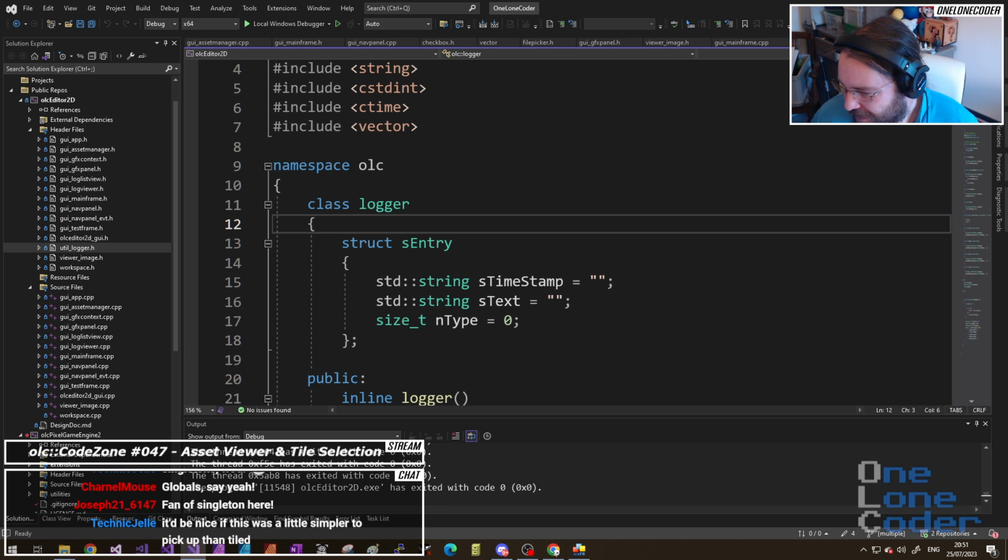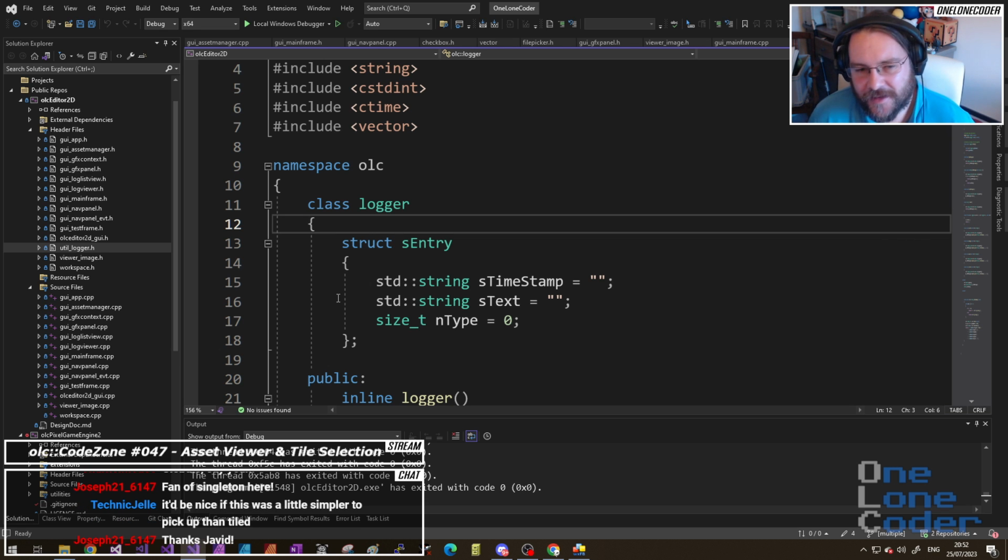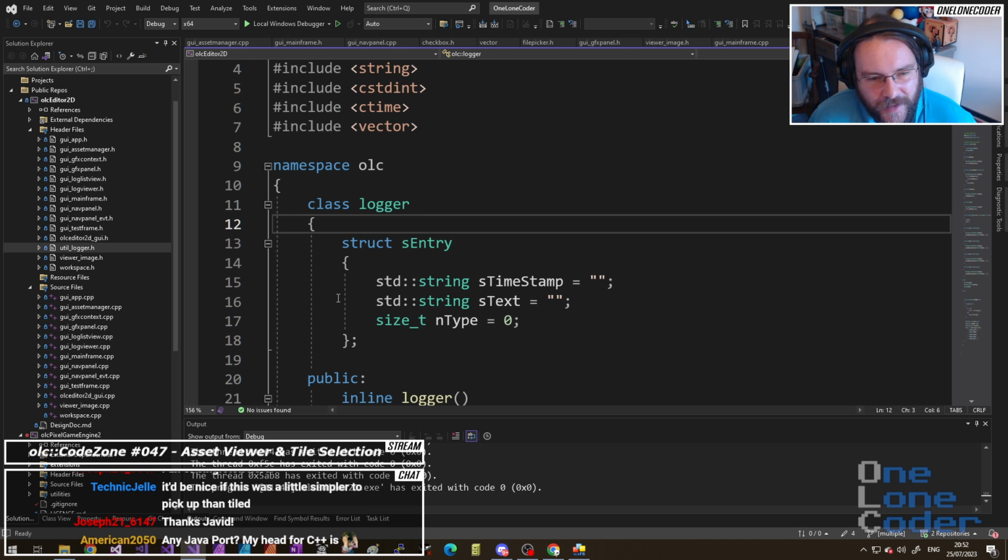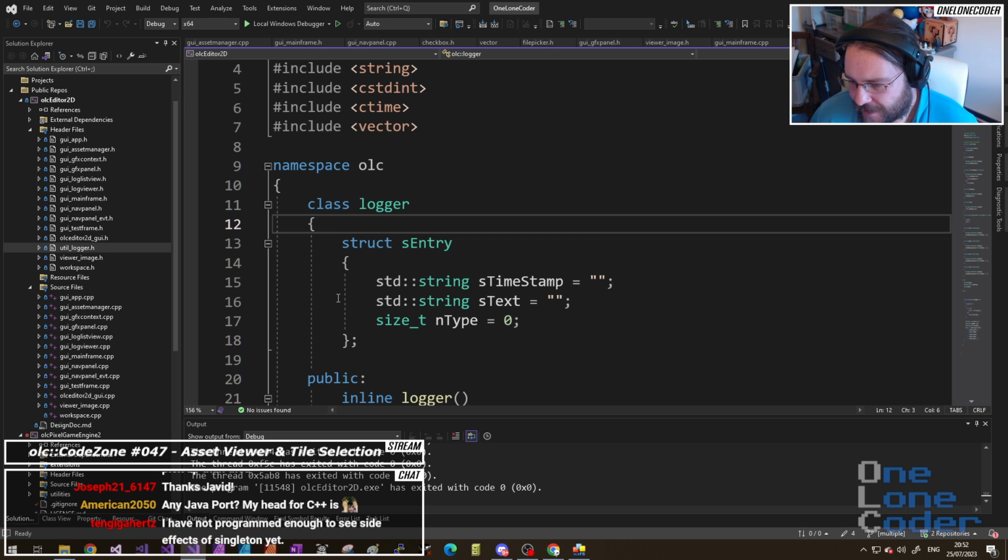It'd be nice if this was a little simpler. Well, do you know, that's one of the things. There's two things about Tiled which I found troublesome, and that's not to give the devs a hard time about it. I've actually used it quite a lot. It's a good tool. But yes, it's got a bit of a learning curve to it, and I don't like